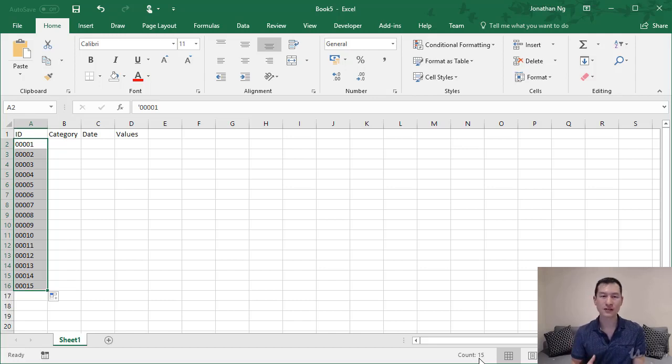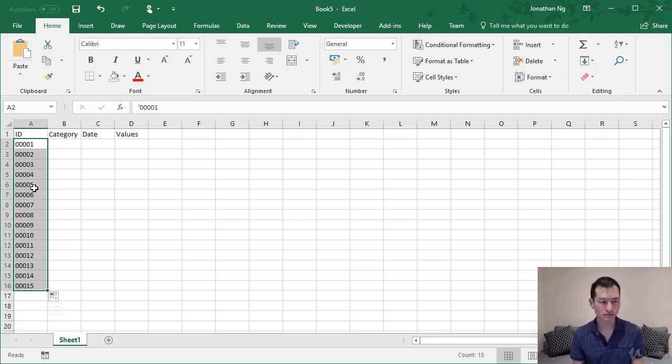So it does pay to look out for these subtle little clues, like where the data is able to aggregate at the bottom down here, or even the alignment of the data to see if it's aligning to the left, in which case it's normally text, although you could force numbers to align to the left side as well. Or if it's aligning to the right, which is normally a number. But again, you can force the alignment